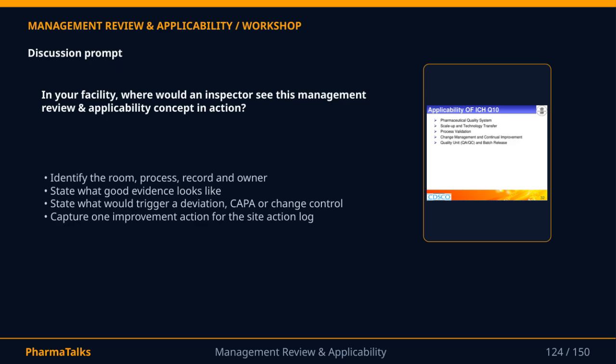What documentation or practices clearly show that the management review is being properly applied? Also, think about what would trigger a deviation. When would you need to initiate a corrective and preventive action or a change control? Finally, capture one improvement action that could be added to the site action log based on this review. This exercise helps ground theoretical concepts in practical, observable actions, so it's easy to understand how management review and applicability